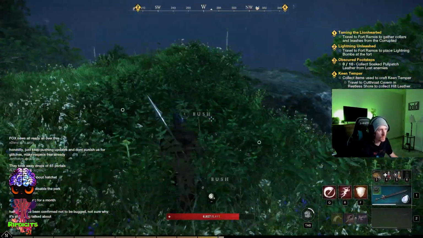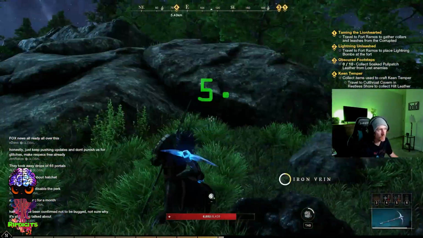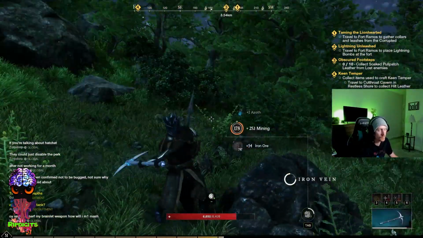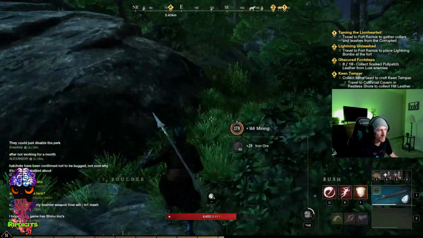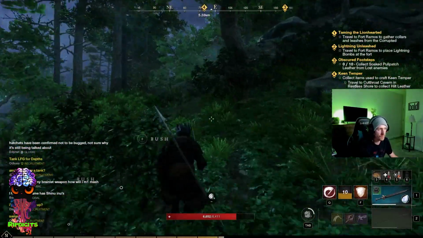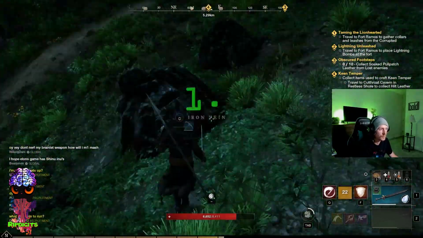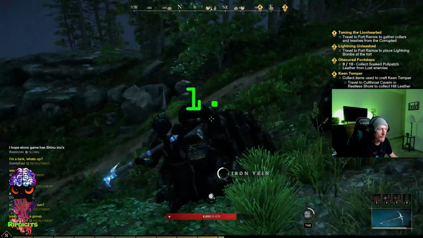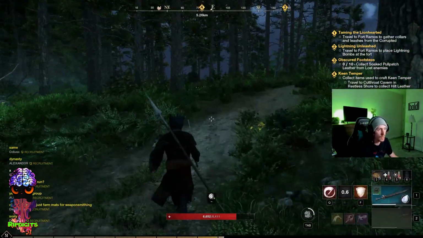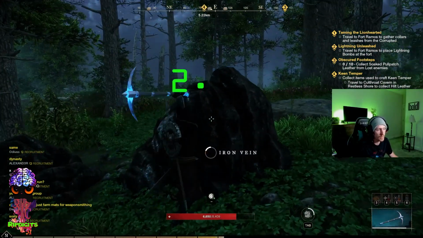We've run into 1, 2, 3, 4. This is the fourth, and then on this fifth one, once you get to this node down here, you'll turn around and go straight east. This one. And I've realized that this run nets about 3,000 iron ore, and